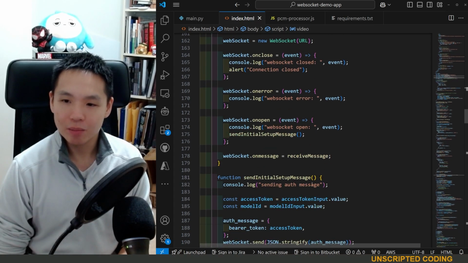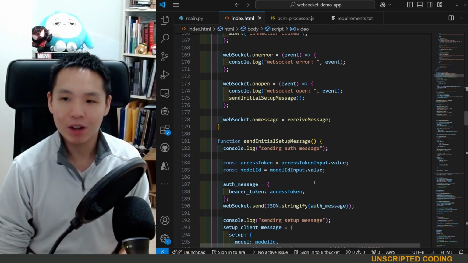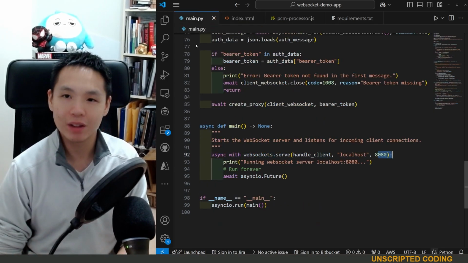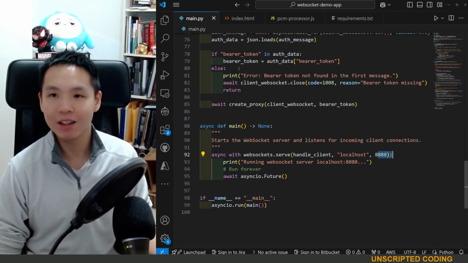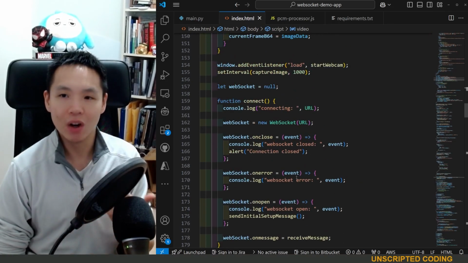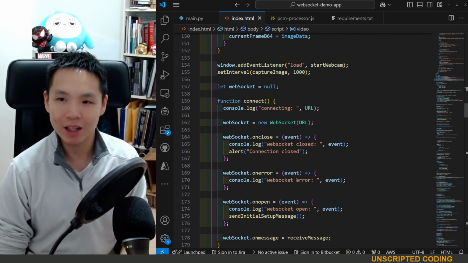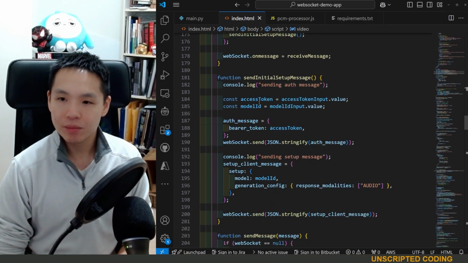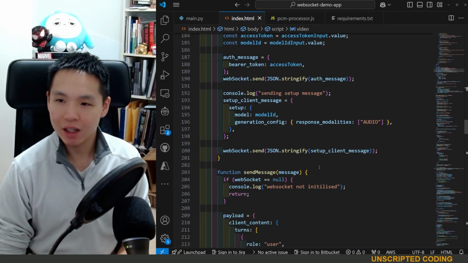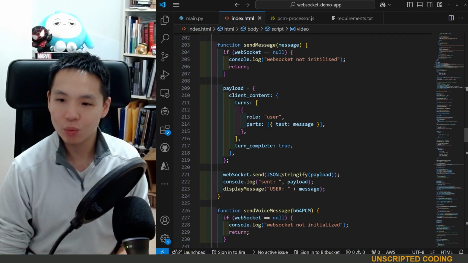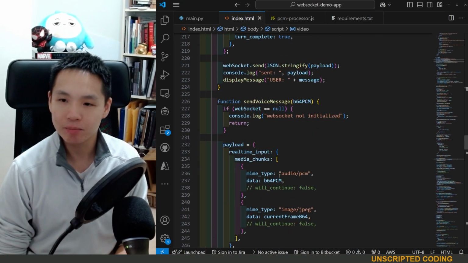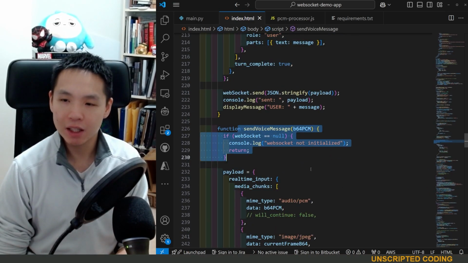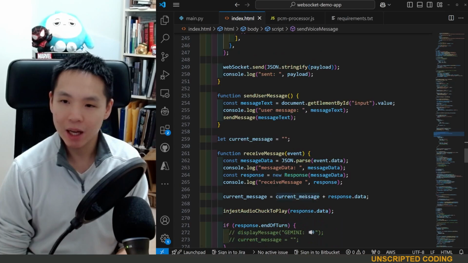There's a bunch of logging, but because you don't even have authentication required here, because you are the middleman and this middleman hasn't done any authentication, it is basically open up a WebSocket, connect to the right port and address. There's a bunch of these setup messages, but what's happening is you can send text messages, but here sending voice messages, and